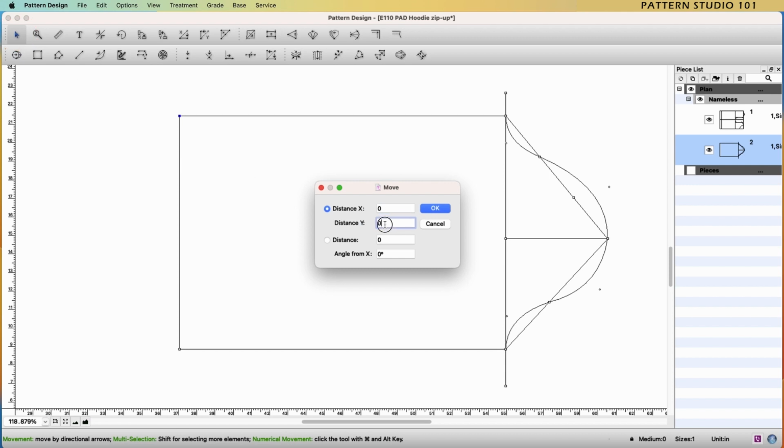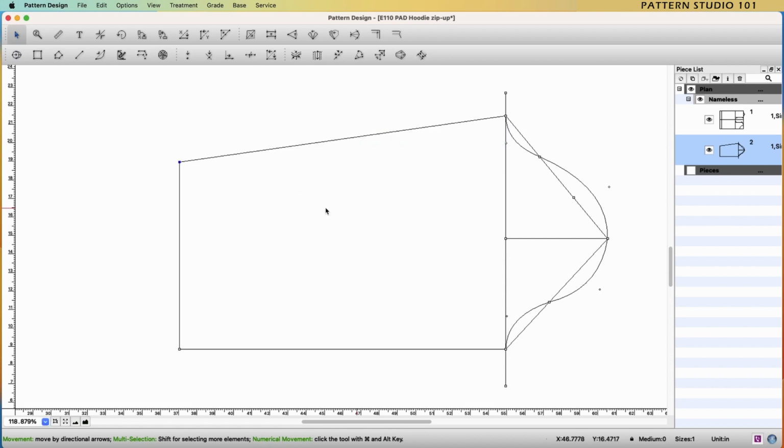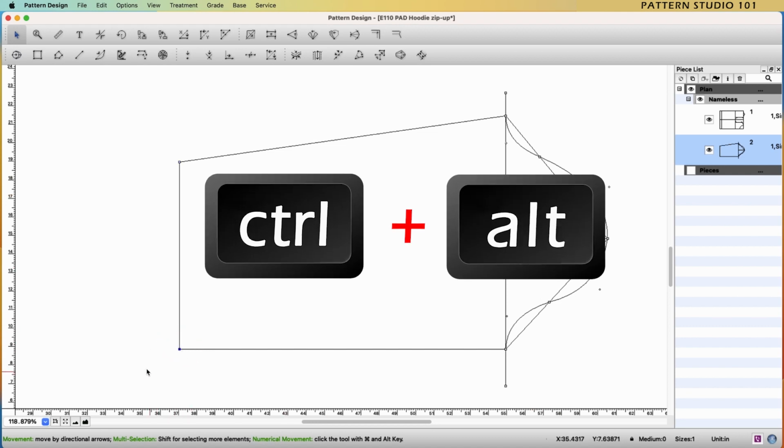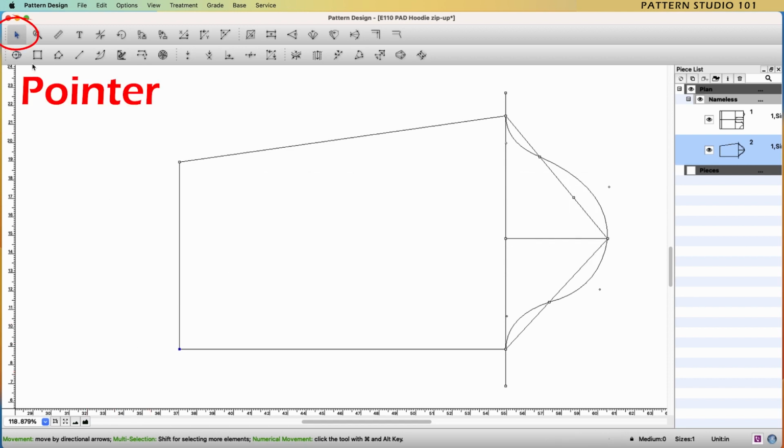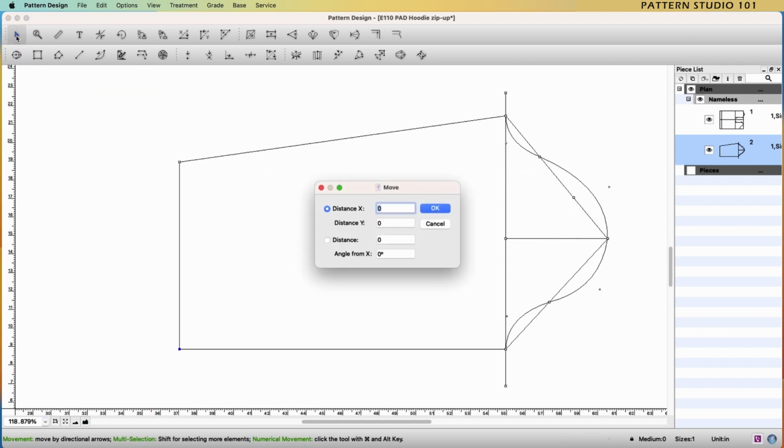I want to move this point minus 2.5 inches on the y-axis. Yep. And for this point, the same, with the Control and Alt keys, click the pointer tool. This time, plus 2.5 inches on the y-axis.